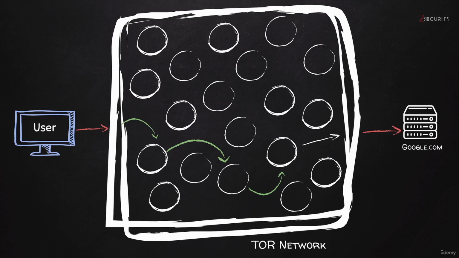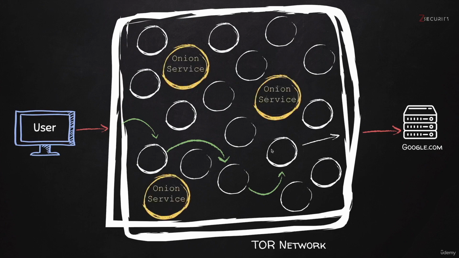So, this diagram right here would usually look more like this in real life. You'd have some nodes or relays which you can use in order to go to a certain destination on the internet. But at the same time, some of the connected nodes or devices are actually acting as onion services. So these are similar to normal websites that you see on the internet, but they exist